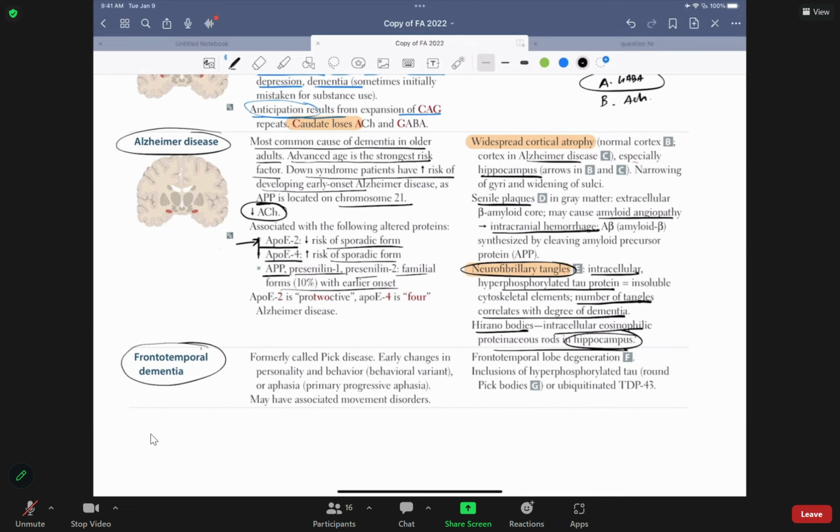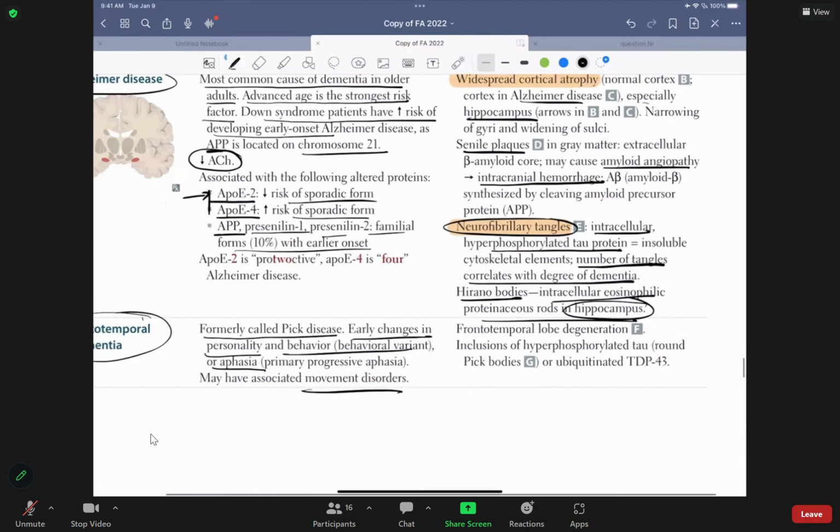And the temporal lobe is for hearing, right? So when people have frontotemporal dementia, formally called Pick disease, you could see early change in personality and behavior, folks. Okay, that's the idea. The frontal lobe and also the temporal lobe have your Wernicke's and Broca's areas, so they could even have aphasia. We'll talk about that today. And they have some movement issues with that, folks.